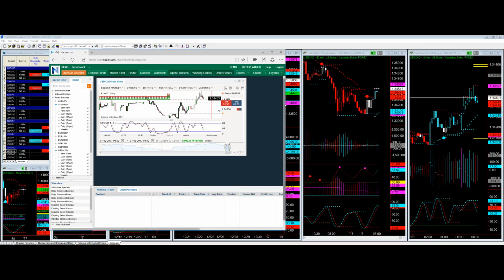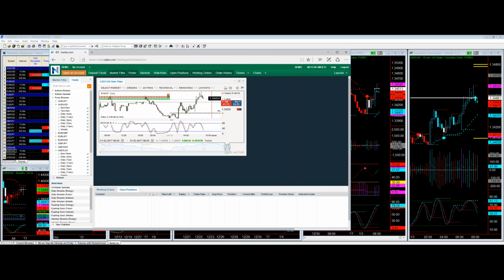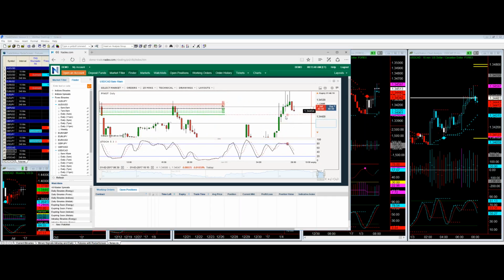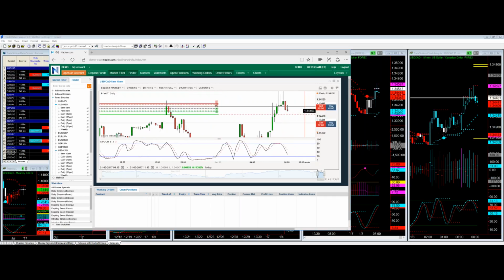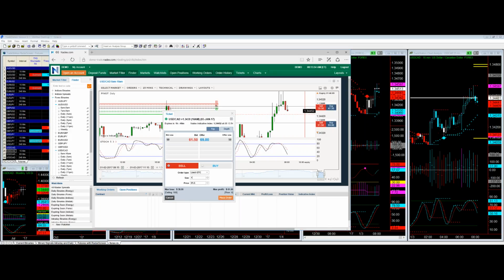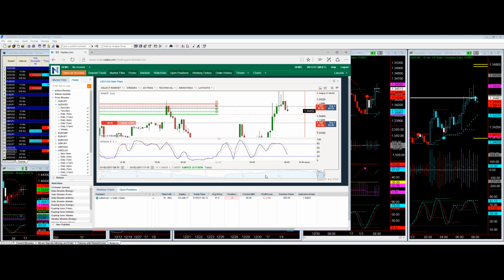Okay, I'm just going to pull this over here. And on this one, I'm anticipating this to come back to the ATR. So I'm not going to risk a lot on this trade. 34.38 is above this number. It's also above this ATR. And I'm only going to do one contract. If you can't make money with one contract, you're not going to make money with 10 contracts.